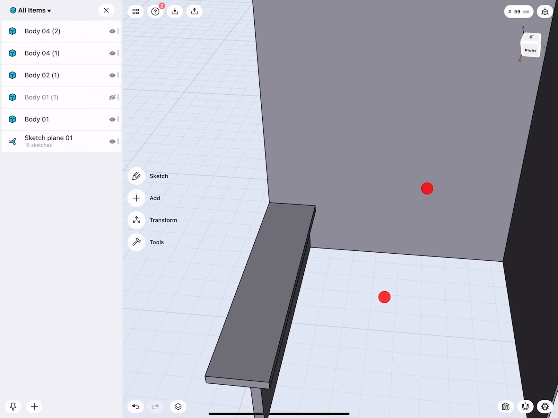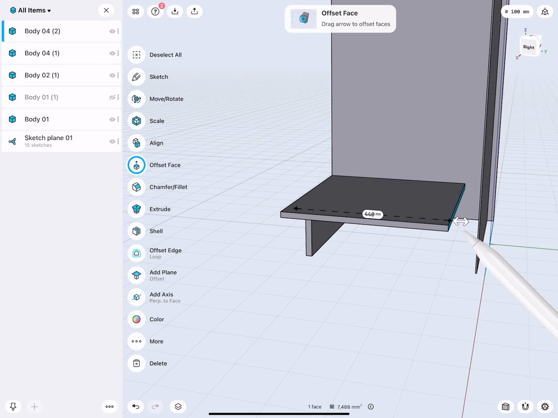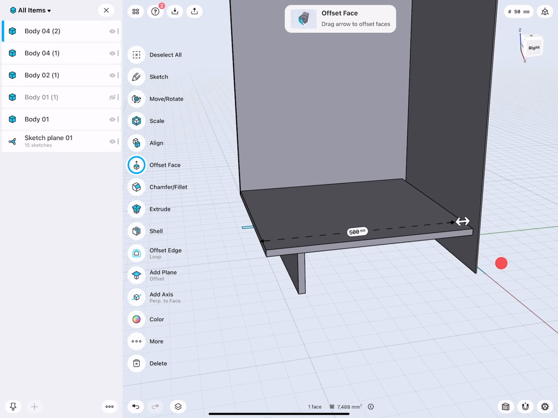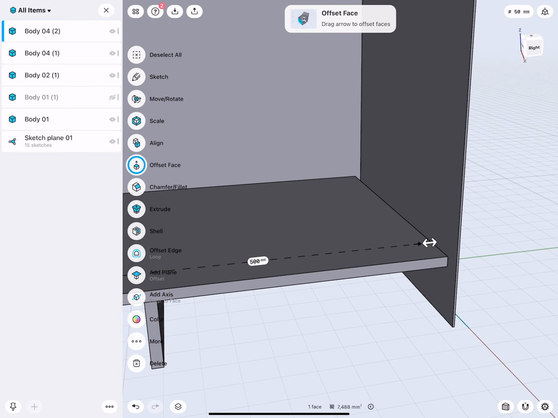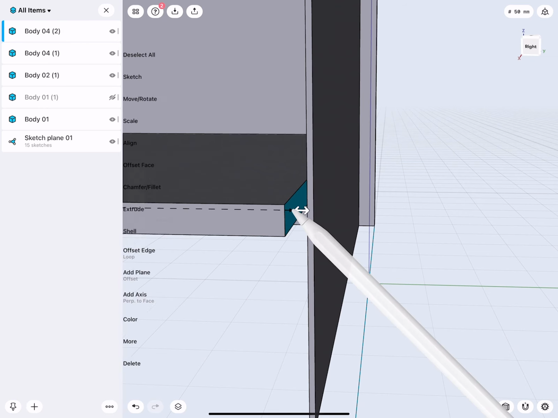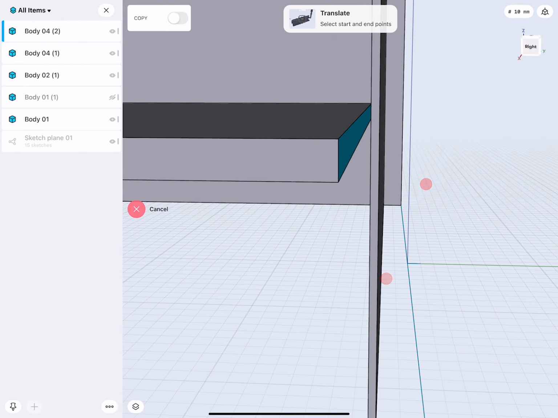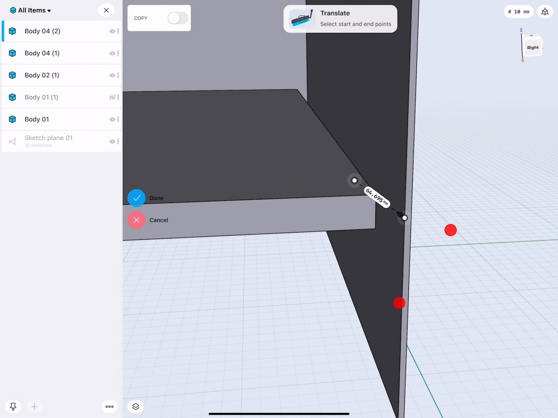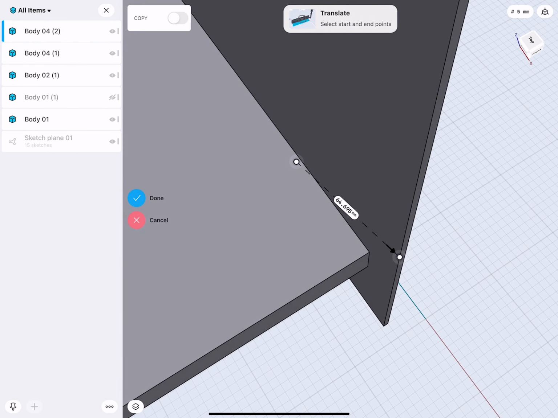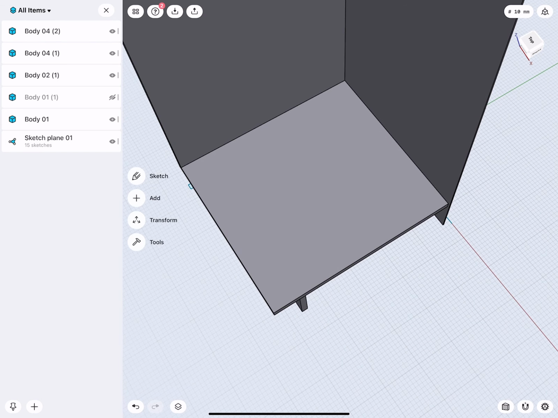This side I will hide. Now this face I would like to drag till it gets close to there. To do this really nice and precise, also here we can select this face, more, translate, and now I drag this face to an edge. There you can even see it, this is diagonal. This does not move it diagonal, it actually just moves it onto the face distance-wise. Very nice.